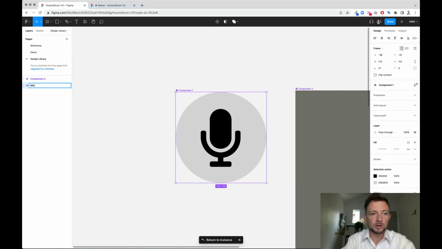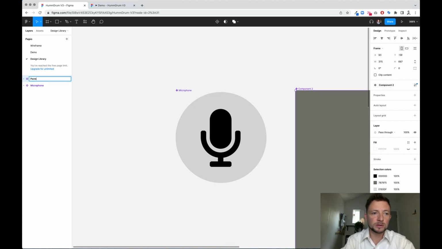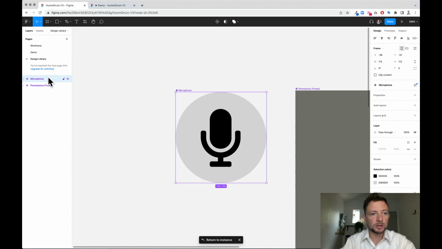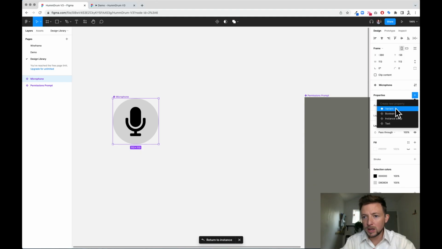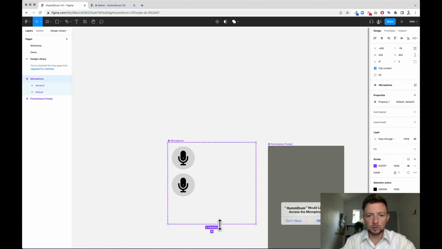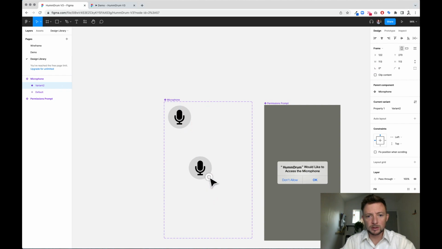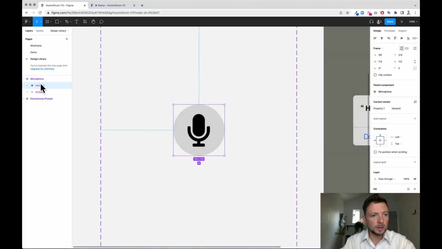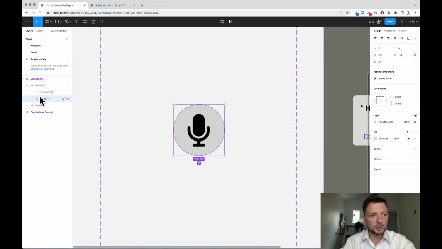And we can now name this like microphone. And this is called permissions prompt. And I like to put them in this order because that's the order they show up on the page. I'm going to select add property and we're going to add a variant, and that variant is going to be the sound wave. So I'm going to need some more space here. I'm going to grab that and put it here for variant 2,